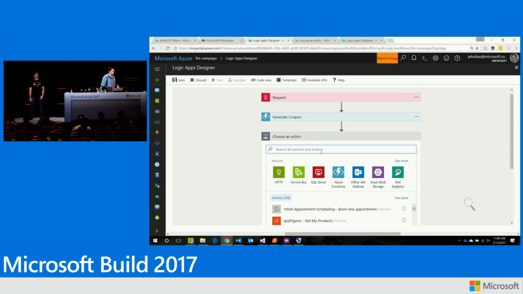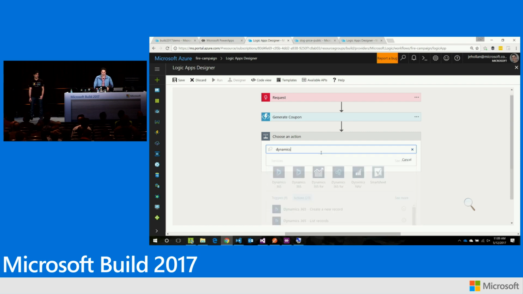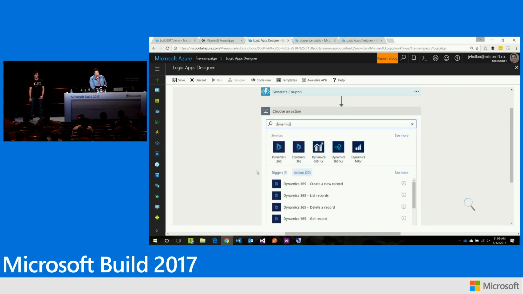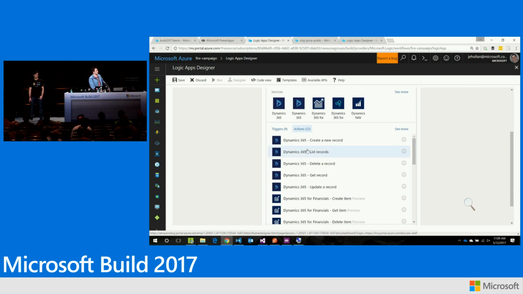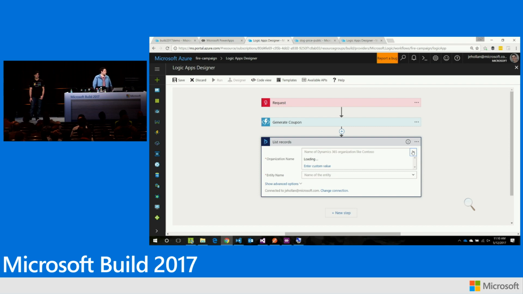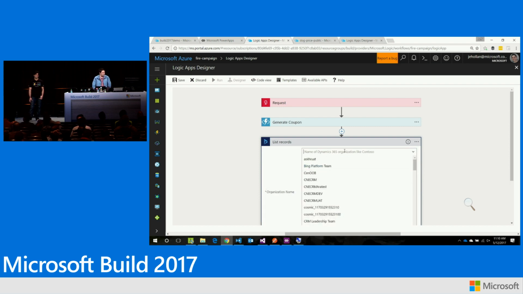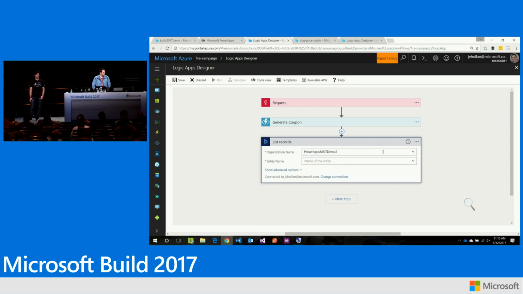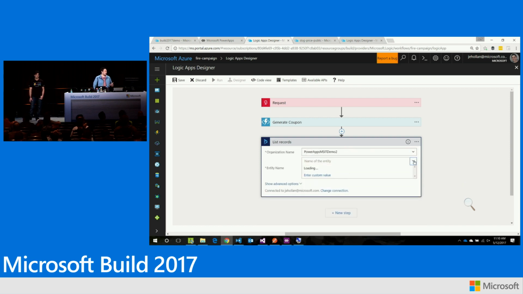Now, here's another challenge in our development. I need to figure out who all the customers I need to send this email to are. And for us, we're using CRM to manage our customers. Could be Salesforce, could be Dynamics, could be whatever. But because we love Microsoft, we're using Dynamics 365. And again, I don't have to look into any API or figure out how to authenticate with Dynamics or what their API looks like to add it into this serverless workflow. I can simply choose the out-of-the-box connector, say I want to list records from Dynamics, and since it's connected to my account, I can even select with nice drop-downs the organization and the entity that I want to call.